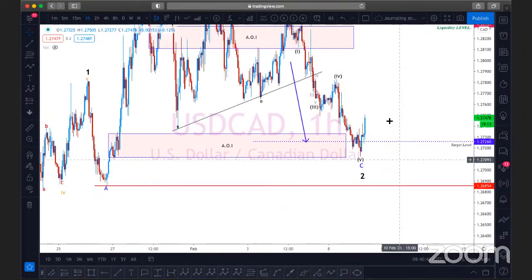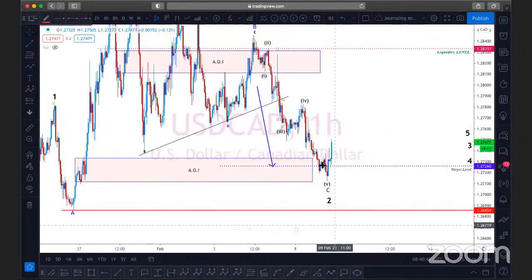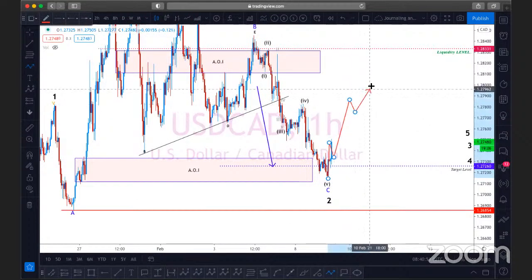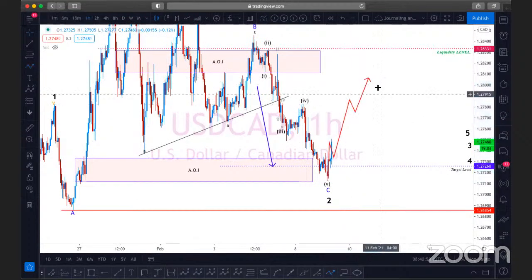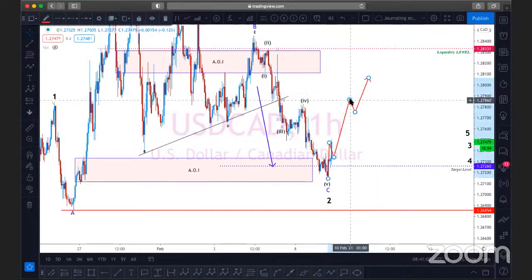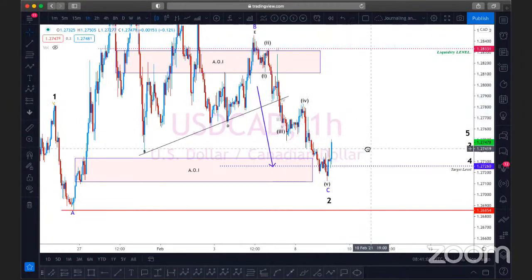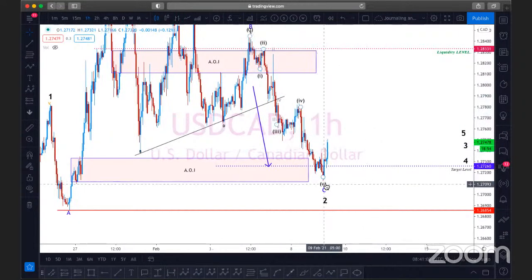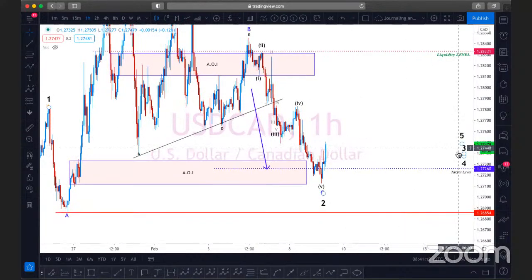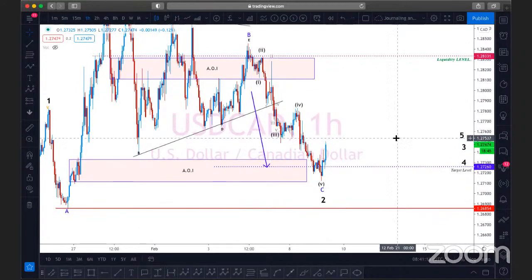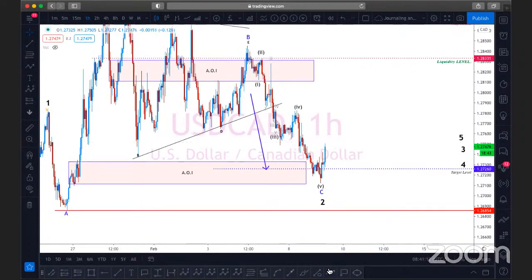We need to see 5 waves going up. So we need to see a structure 1, 2, 3, 4, 5. We need to see a 5-wave structure coming in. And once we get that 5-wave structure coming in, then we can say that this level is potentially completed and we are looking to start wave 3. Right? So if we're looking to start wave 3, then what we would have here